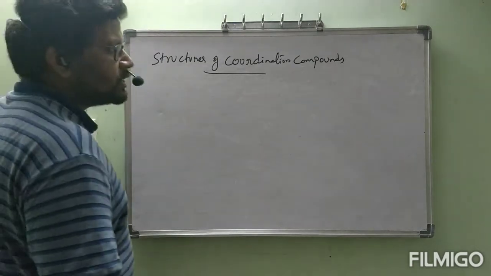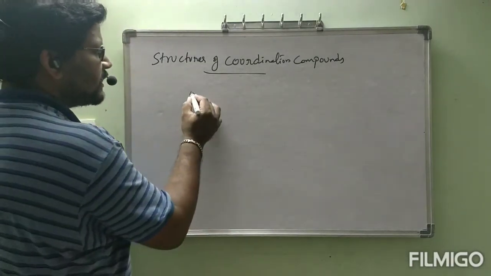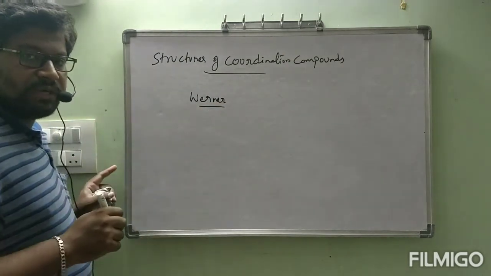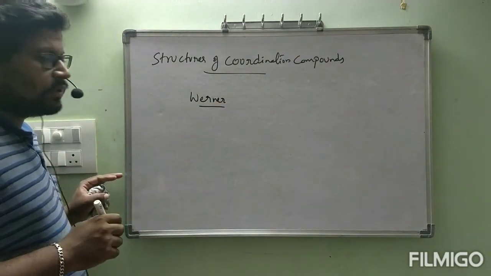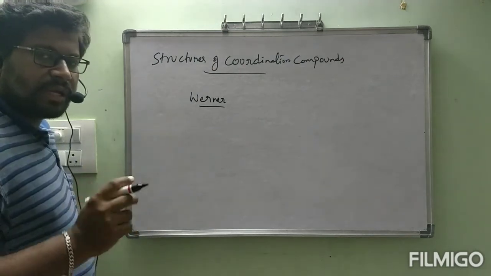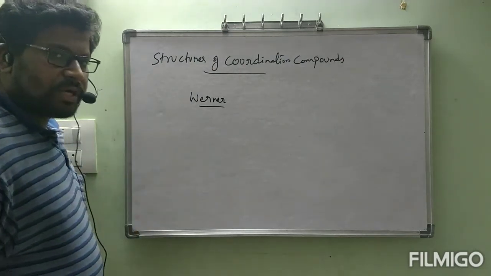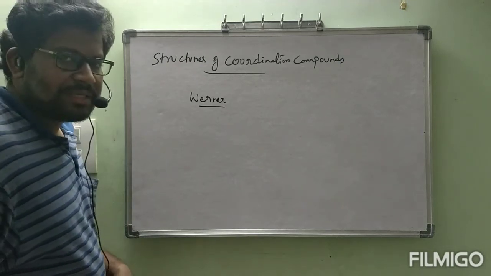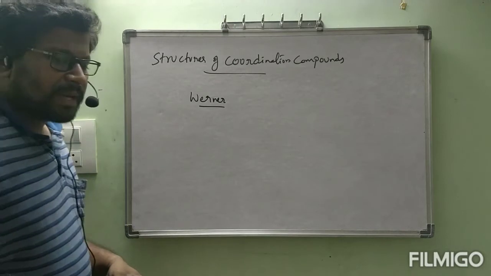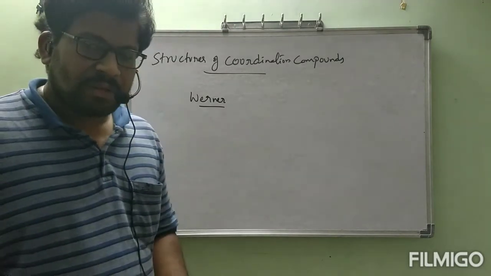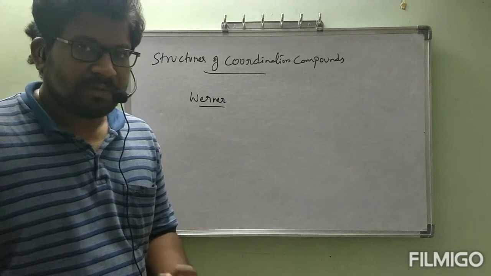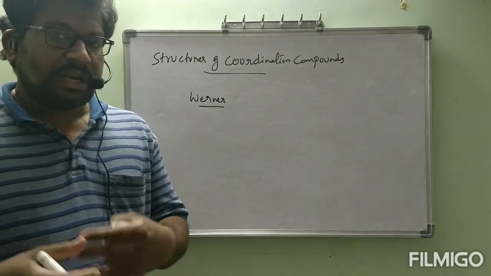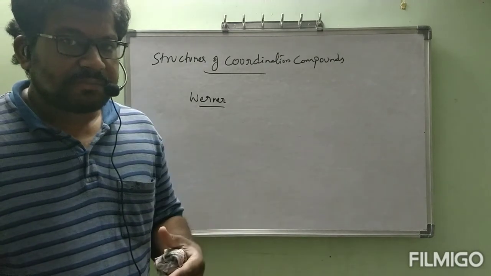Coming to the structures of coordination compounds, first scientist Werner, we completed Werner theory initially itself, in the introduction part itself. First scientist Werner tried to explain the structures of coordination compounds. In that journey only, he started with primary valency, secondary valency. After that, primary valency is ionizable in water, secondary valency is non-ionizable in water. Like that he tried to explain, because he has done experiment with that